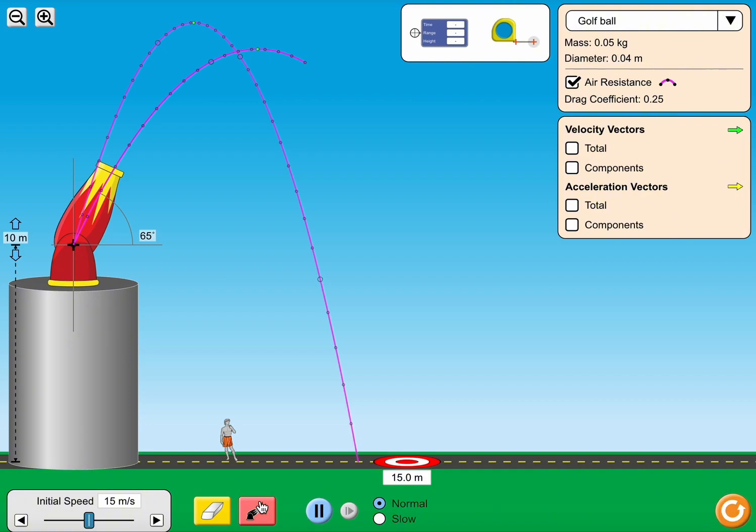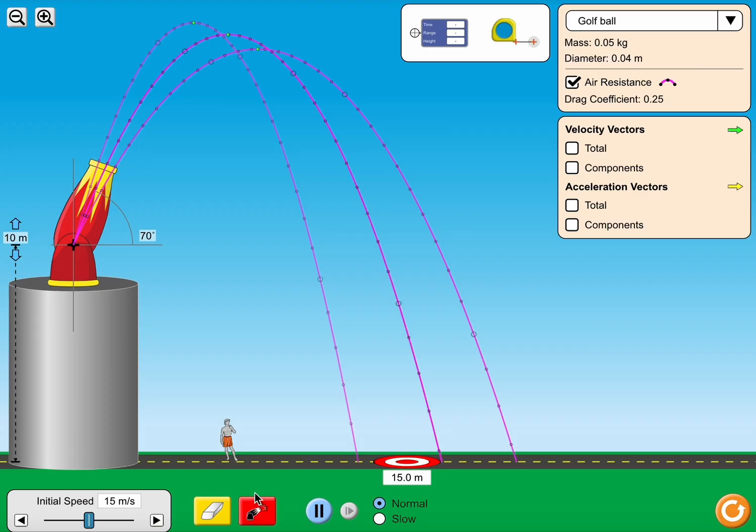We will try with 65, and we passed. Well, let's try 70 degrees with air resistance. We almost hit it, but it wasn't enough. Now we're going to try to